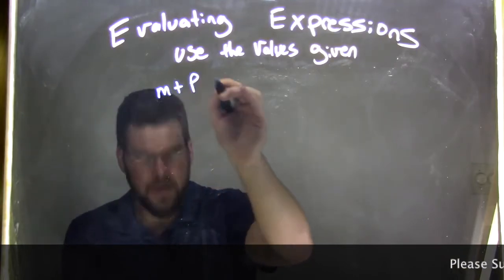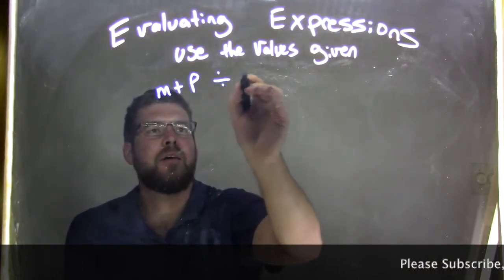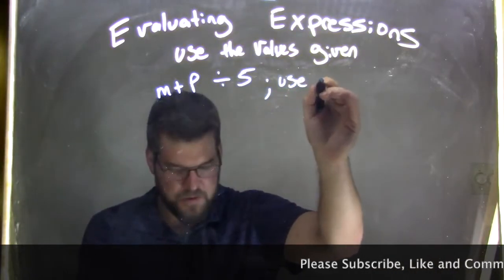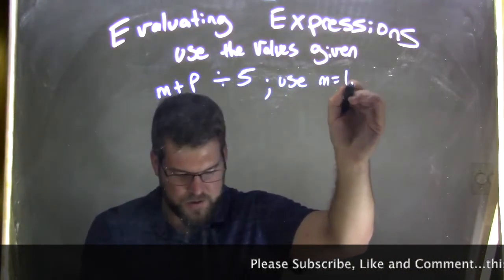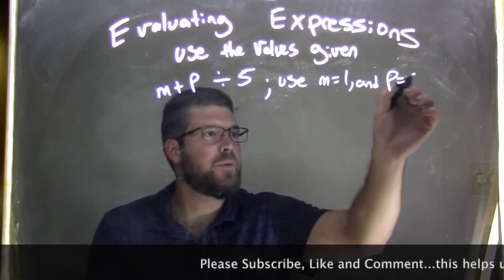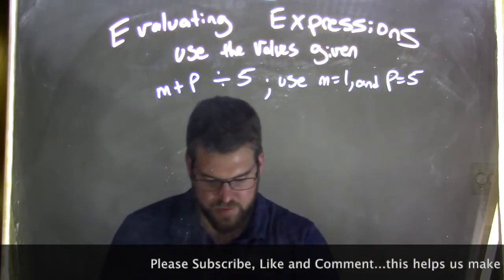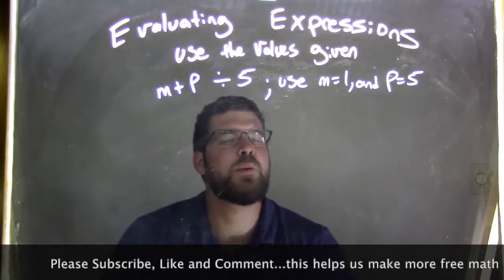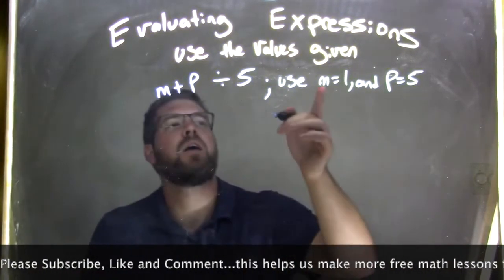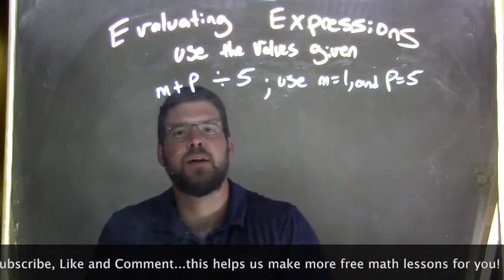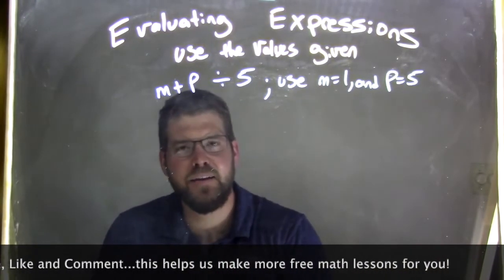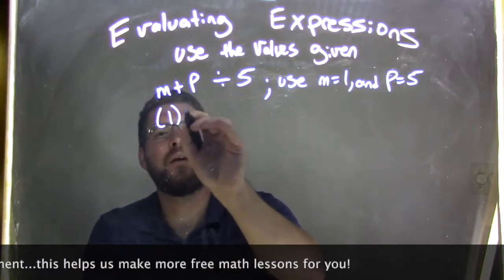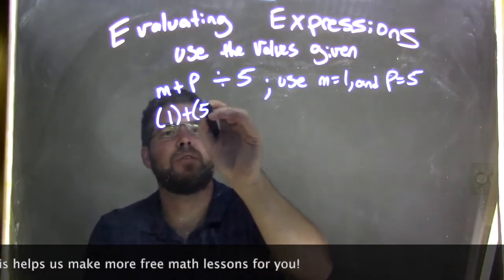M plus p divided by 5. And I want to use m equals 1 and p equals 5. Okay? So if I want to evaluate that expression, m plus p divided by 5, we want to substitute first. M to be 1 and p is 5. Again, put parentheses around what you're substituting in. 1 plus p, which is 5,